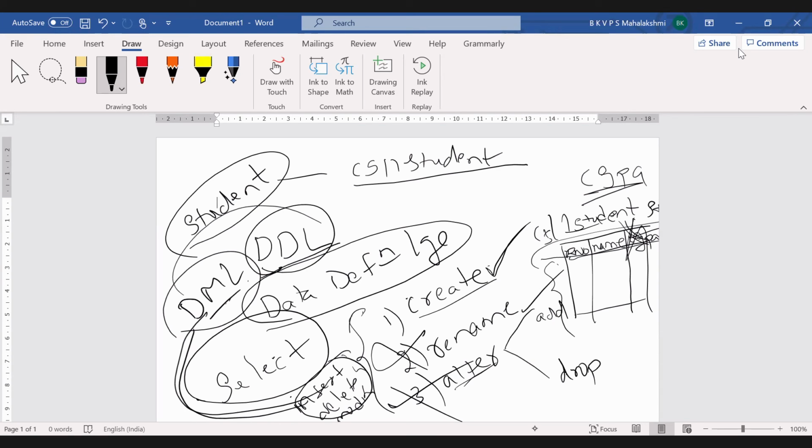Then another thought may come to you. I have created the table, but I don't want the entire table. I want to create one more new table, and I don't want that particular data even in the database. If you think like that, then you have to go directly with the drop command. Again, it comes under the data definition language.